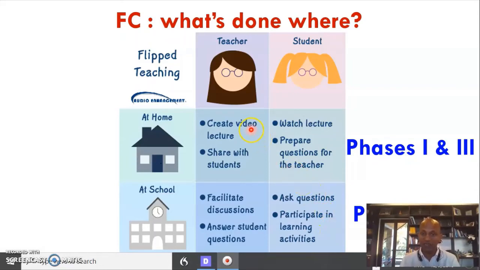The teacher has to create the video, which might be tricky for some people, but none of this is rocket science. Very simple things that we can do and which I'll talk about during class. And then the teacher creates the video lecture and shares it with students. It might be via Google Classroom. It might be using some kind of LMS,